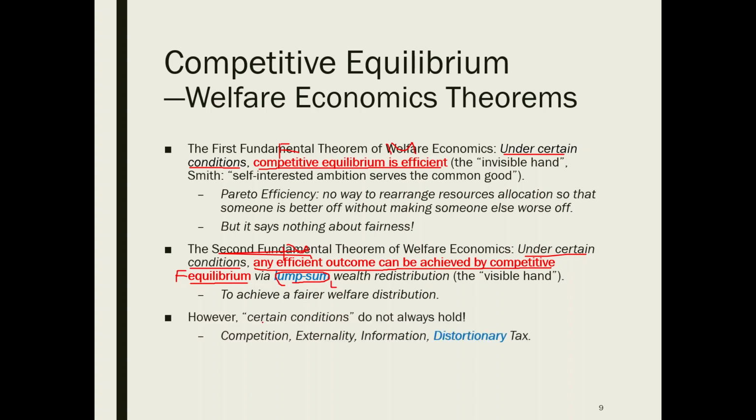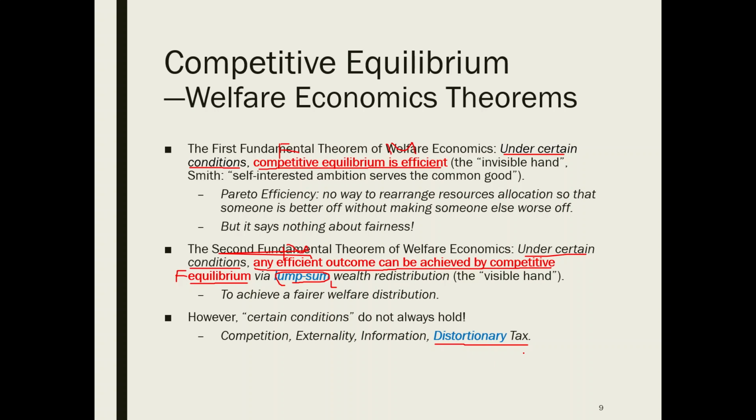However, reality does not always satisfy the certain conditions phrase in the two theorems. For example, the market is not always competitive. There can be monopoly, externality, information asymmetry, and the tax cannot always be lump sum. Lump sum tax means everyone is taxed the same amount from their total income, independent of their consumption, so it does not affect prices. In practice, however, most taxes are distortionary because they are a proportion of the original price. If taxes distort prices, then it is not lump sum, and the resulting equilibrium is no longer efficient, as the